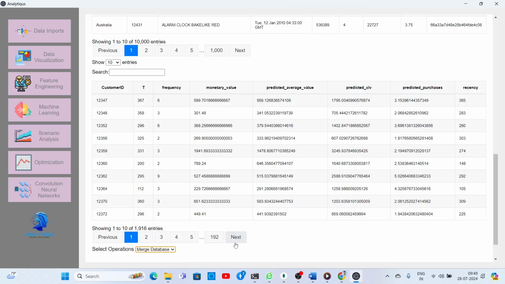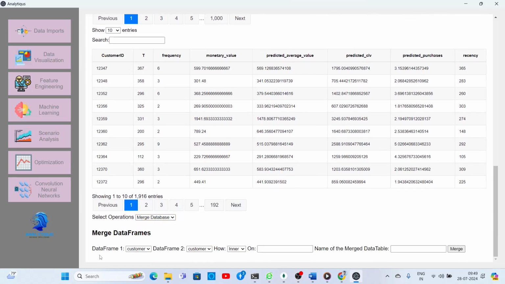So let us merge. When you click on merge, this data dashboard will appear. You select the first one is the CLV, and the second data frame is the sales data frame. What kind of merge operation do you want to have? You have inner, outer, left and right join. If you know the basic data manipulation or data table operations, then you will be knowing what it is.